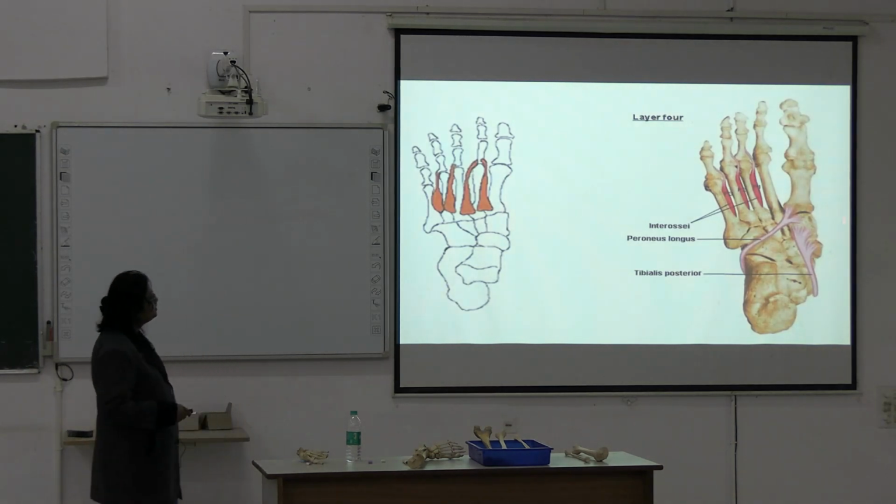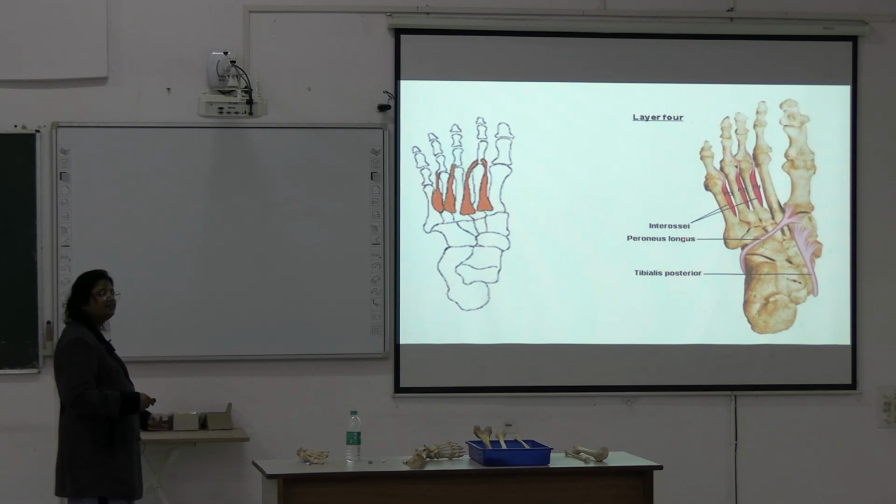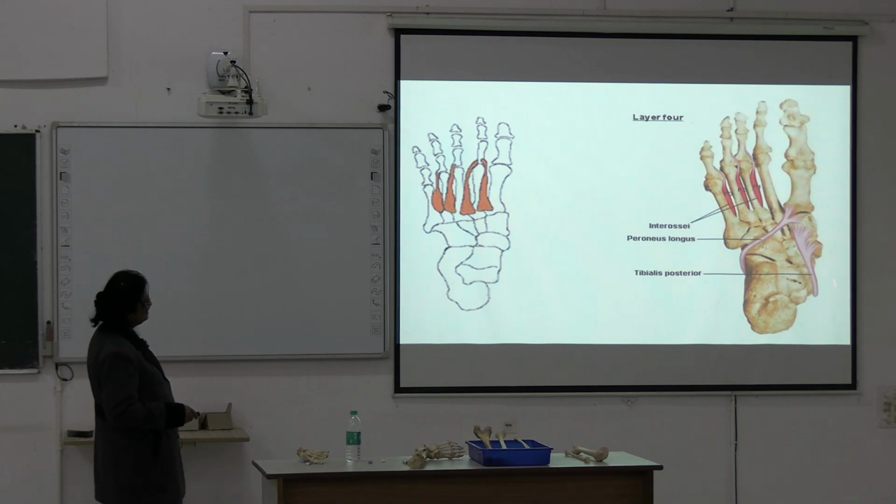So you can see here the tendon of peroneus longus, it was acting as a sling, and on this side here is tibialis posterior. So tibialis posterior helps in keeping in position the medial arch, and peroneus longus acts as a sling for the lateral arch. Next,